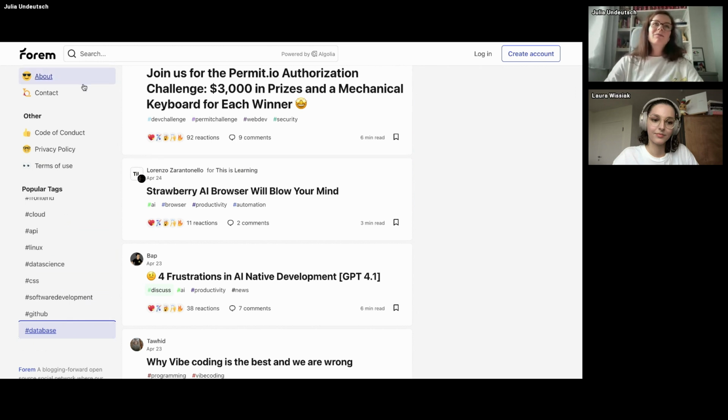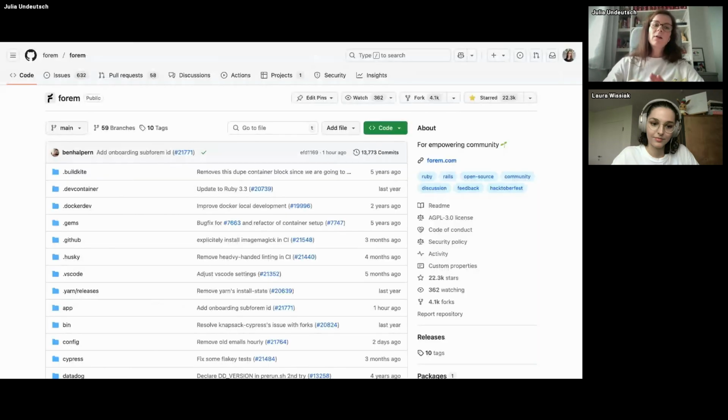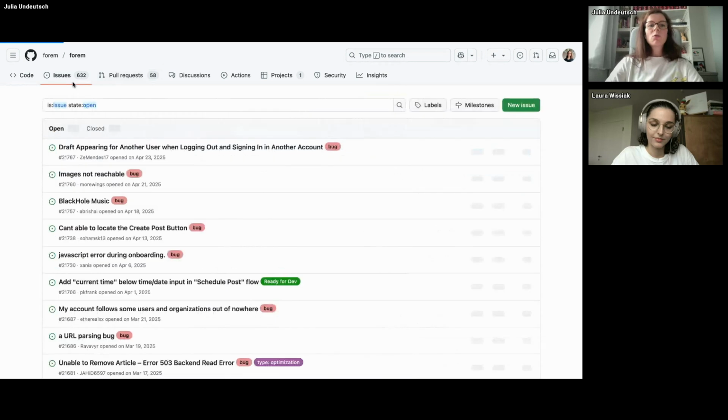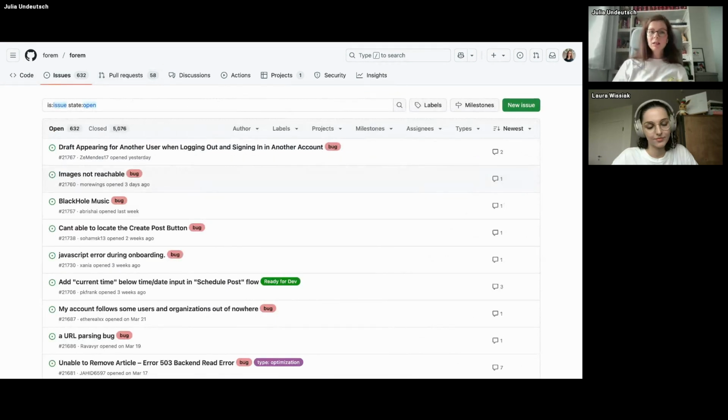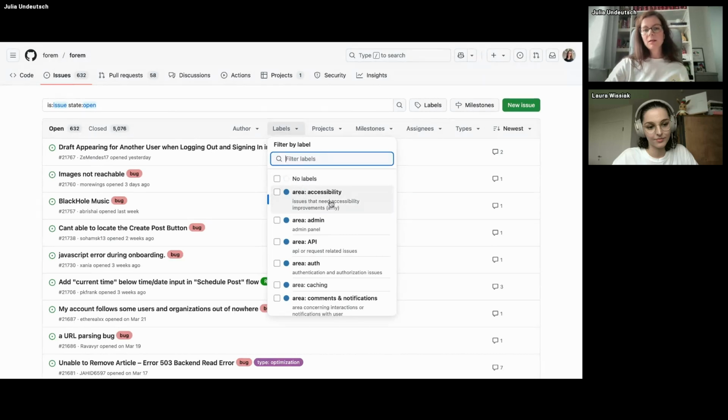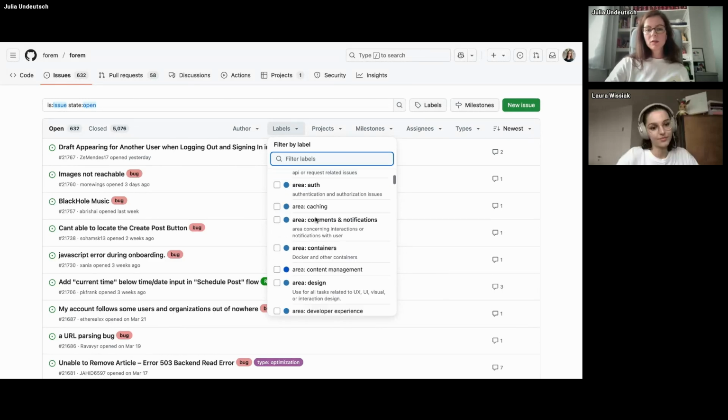And now it's the time you start to write issues, because you cannot just fix something you find on a project. There are rules. There are very strict rules. So the first thing you have to do is look at the issues which are already there, to not create a ticket which already exists. And you can use the labels, and they already have an extra filter label for accessibility. You can filter it, and then you could check, okay, what